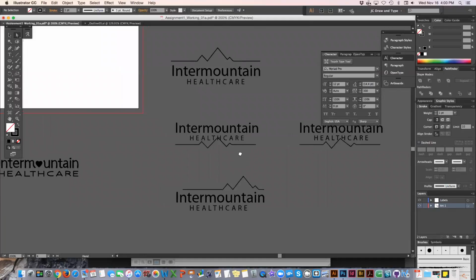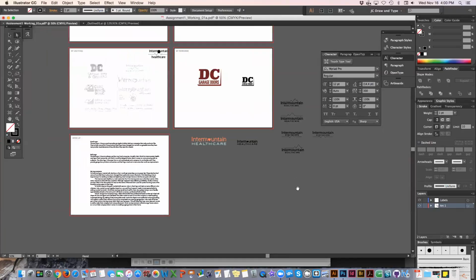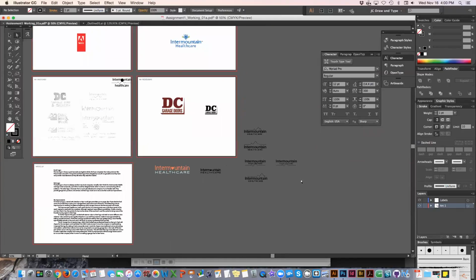See what we had here before. If we're zooming out, let's say to, what are we going to be at here? 50%. We still read that healthcare. There's a little bit of interference there, but like I say, we can work on it some more. But overall, I like it. I like both of these. I could show either of those to the client. I could show this as a variation, and I'm happy with this. Could probably even show this, but